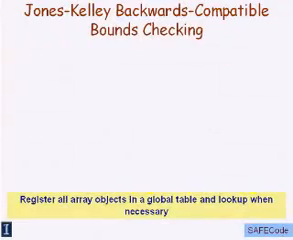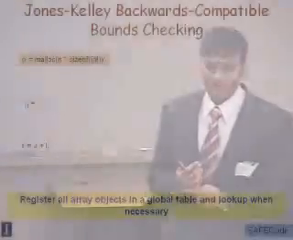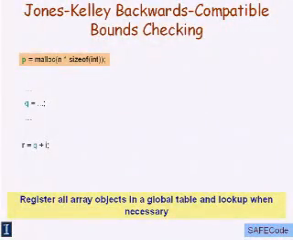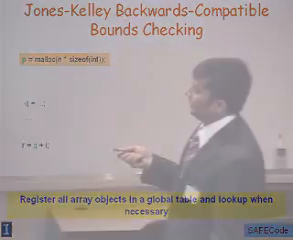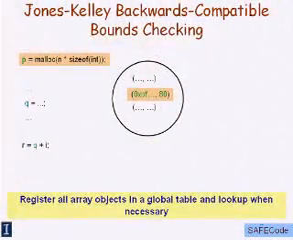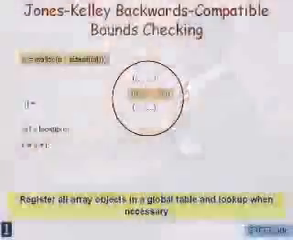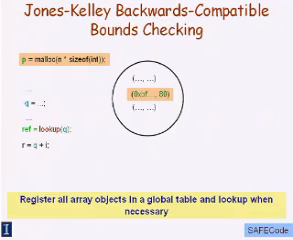There is one backwards compatible solution to bounds checking, which is based on Jones and Kelly's work, and I'm going to go into a little more detail because our approach is based on this. The idea here is simple. Whenever you have an allocation, you're going to store it in a global table. You're going to register all allocations in this global table. So if you have an allocation for P, you're going to store the start of P and the size of the allocation. And whenever you have a pointer arithmetic, you're going to look up